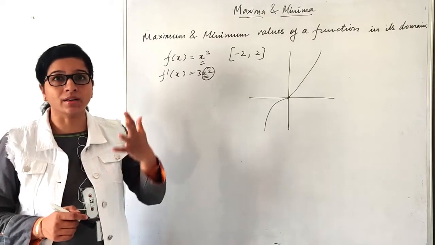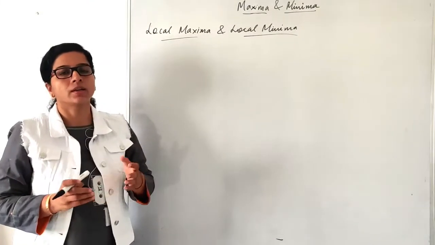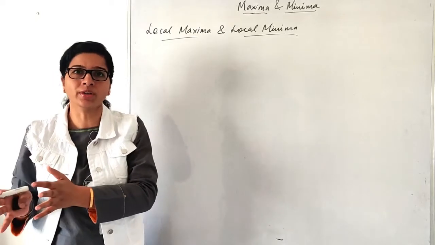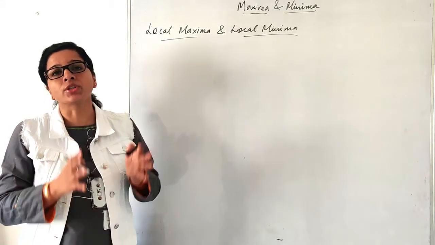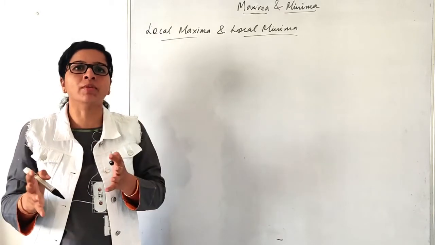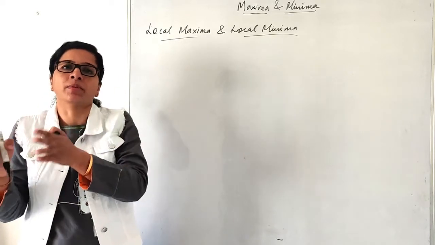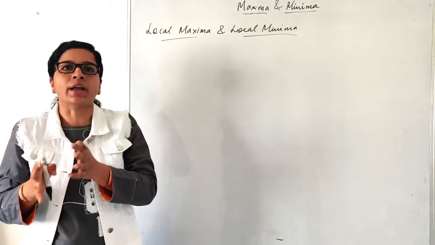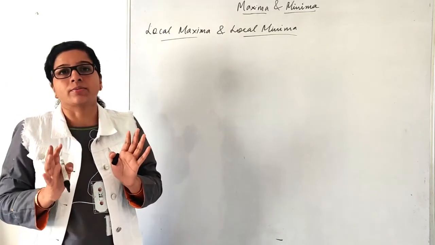Now let us understand the local maxima and minimum value of a function. So now let us check what we mean by local maxima and local minima. Just now we studied the greatest and the least value of the function in the given interval. But there can be certain points where the function does not attain the maximum or the minimum value, but in the neighborhood it can attain the maximum and the minimum value, right? So those points which attain the maximum or the minimum value in the given neighborhood are known as local maxima or local minima points, right?